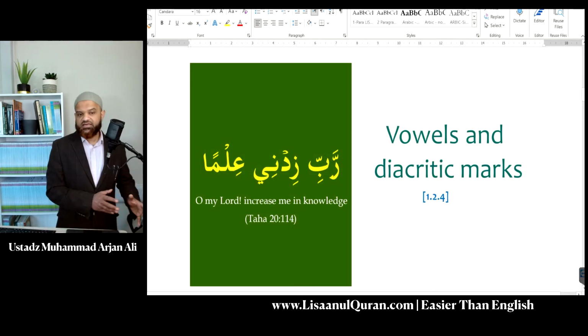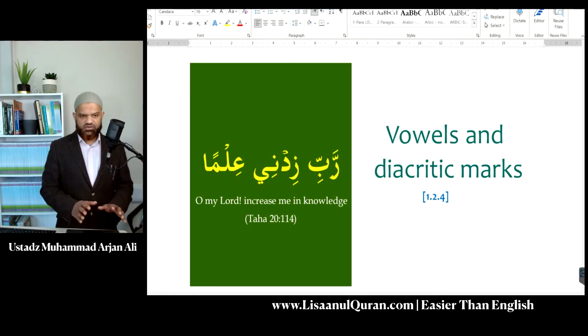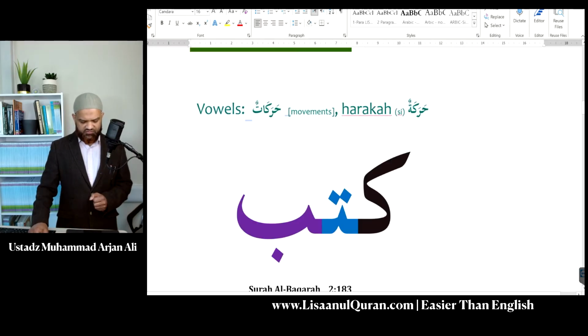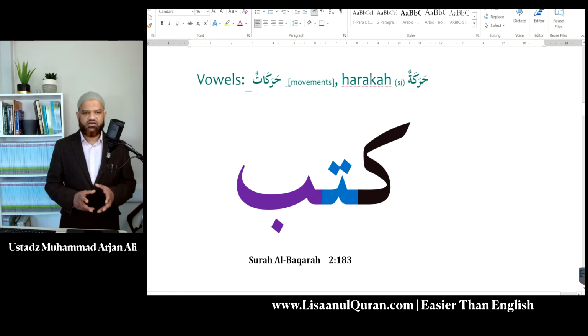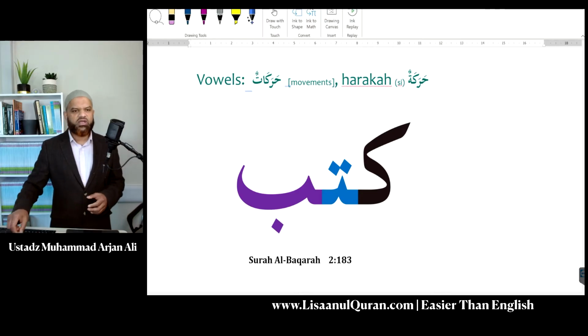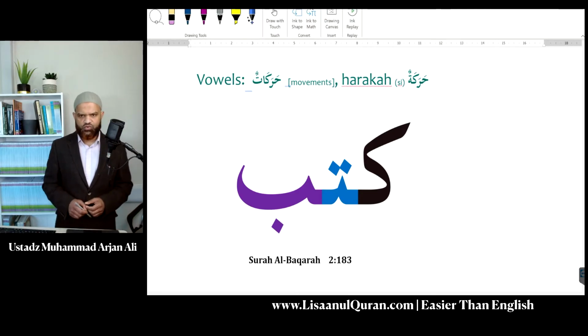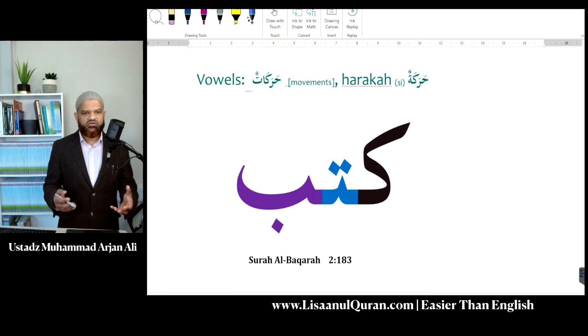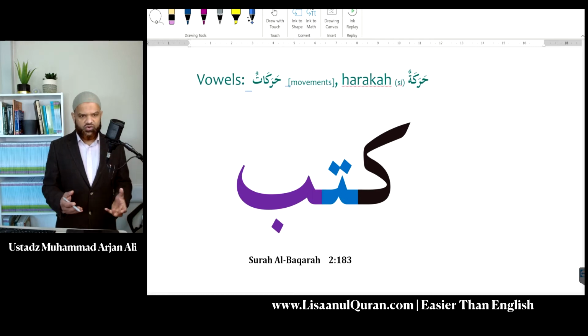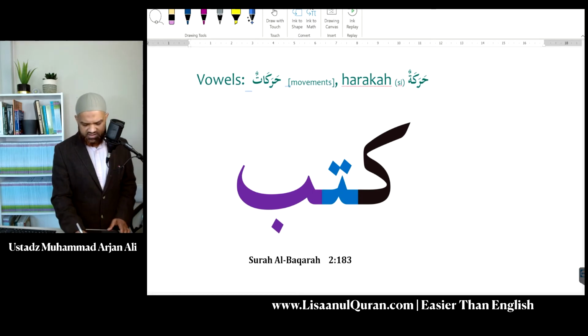So since none of the letters in the Arabic alphabet are vowels, where do we get vowels from? Let's take a look at a word which I've taken from the Quran, and this has 3 consonant sounds: kaf, ta, and ba. I'm sure you can see them. Now there is no way in the world I can actually pronounce this word because I don't know what vowels to apply. In the Quran, if you go to this word, you'll find that it is written like this,